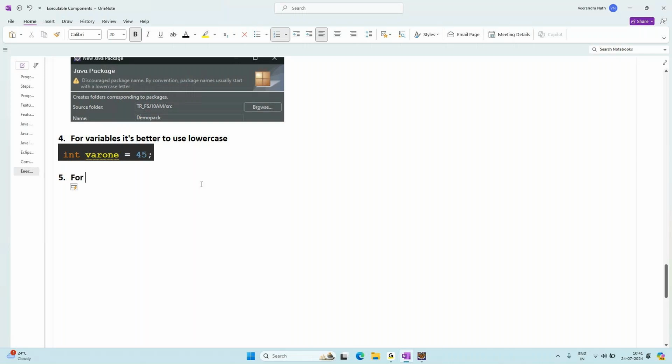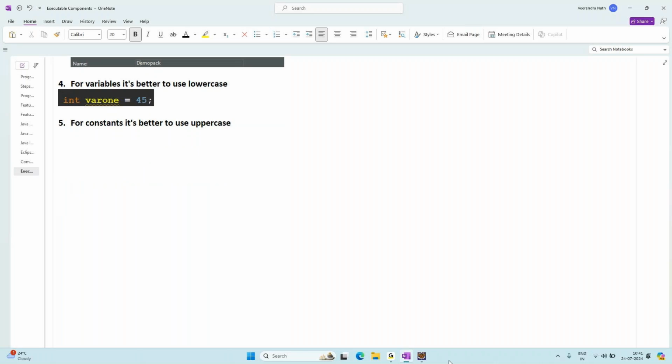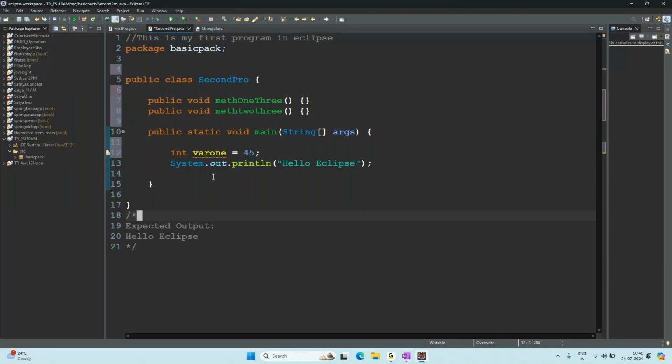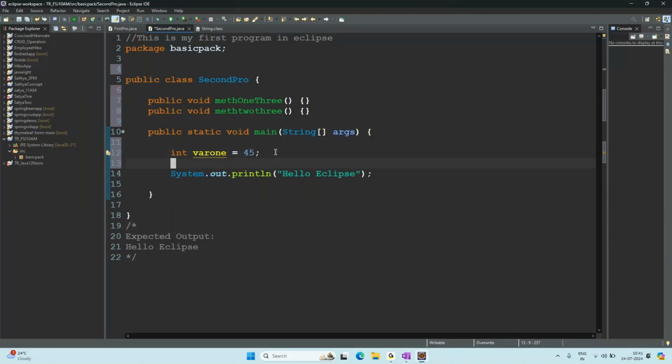So now you have something called as constants. Okay. For constants, it's better to use uppercase. So for constant, it is better to use uppercase. Constant at sir Mari. Constant is nothing but a fixed value. Constant is nothing but which value? Fixed value. So fixed value ఎలా ఇవ్వాలి సార్ మనం జనరల్గా అంటే